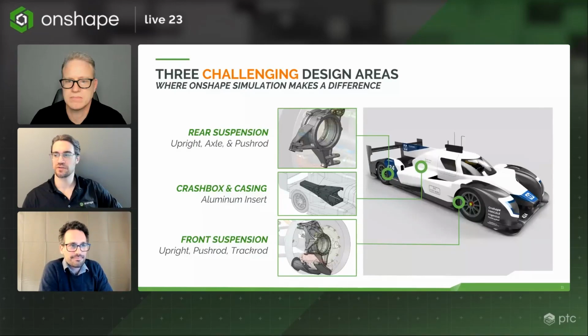Now, Nic, you said that 95% of this car is simulated before anything gets built. Obviously, linear static simulation in Onshape is not going to do that full 95%. So you must be well equipped to use a bunch of other simulation tools, are you not? Absolutely. We need to simulate as much as we can of the car. 95% means